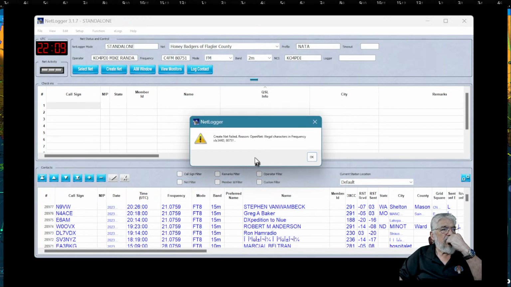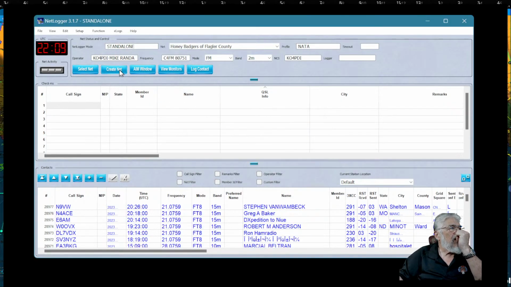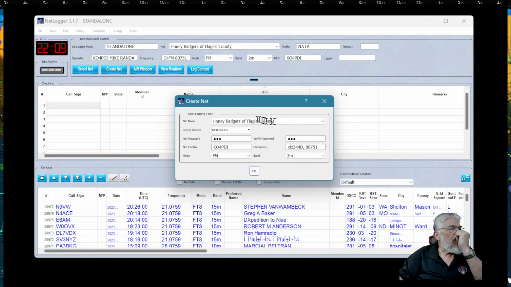Now what happens is, oh, I got illegal characters in there. Okay. Yeah, I guess you're not allowed to put... what you can do too, over here, where it says Honey Badgers of Flagler County, you could type in C4FM and 80751, and then a space, and XLX 344D.